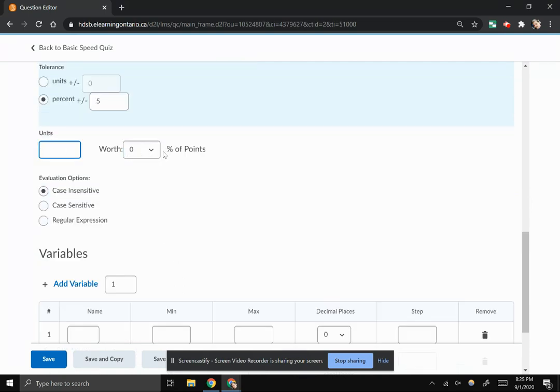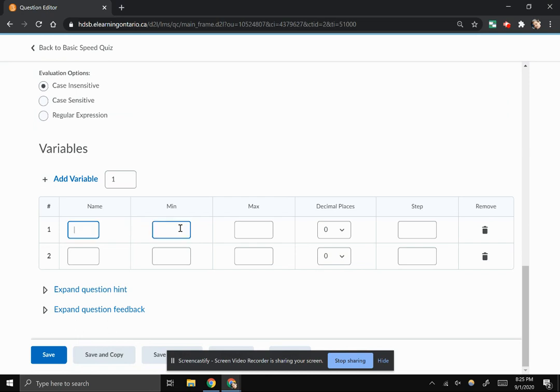You can include units, again, worth a certain percentage of the points given for this question. Again, you can be careful about the case sensitivity. These are things that I don't quite play around with too much myself. Down here is really important. So you might be asking,